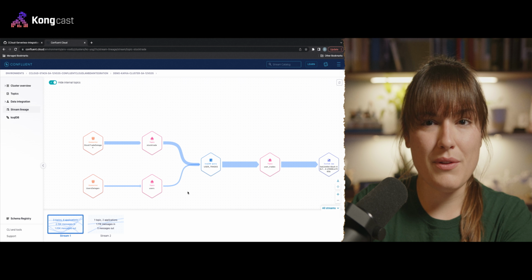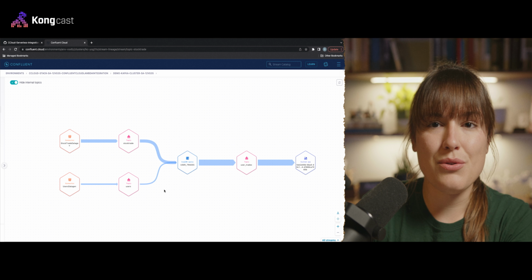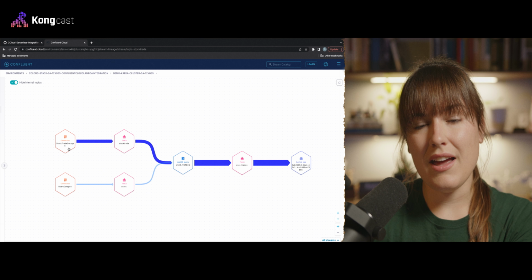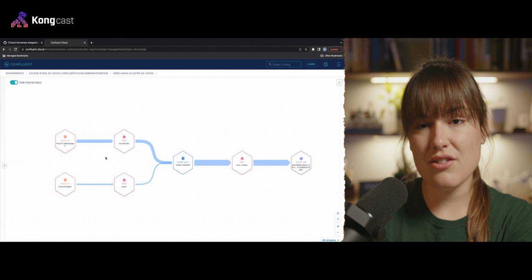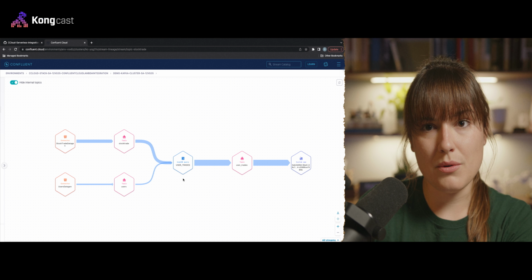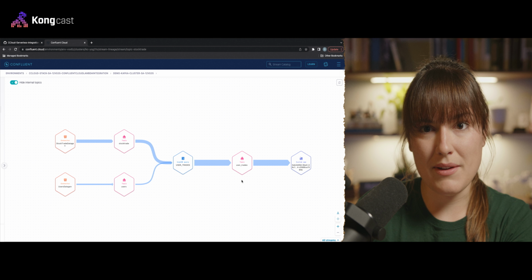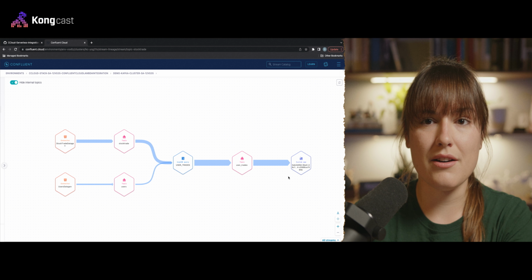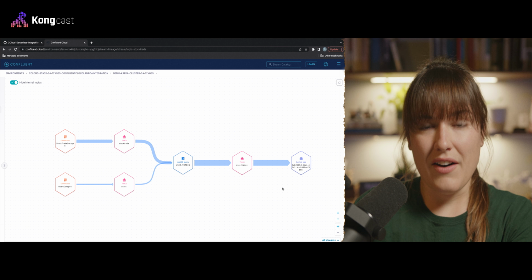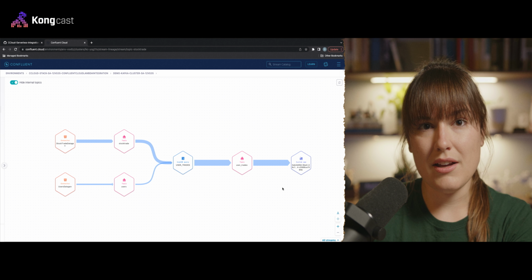Okay, so from this tool, we can see that we have our data generators writing data both into the stocks topic and that user topic. And you see the ksqlDB application that's conducting the join of these two data sets together and feeding that into another topic, which is then being consumed by our AWS Lambda instance we have on the right there. All right, so the pipeline is we're creating data, we're joining the data, we're letting it flow into the Lambda,